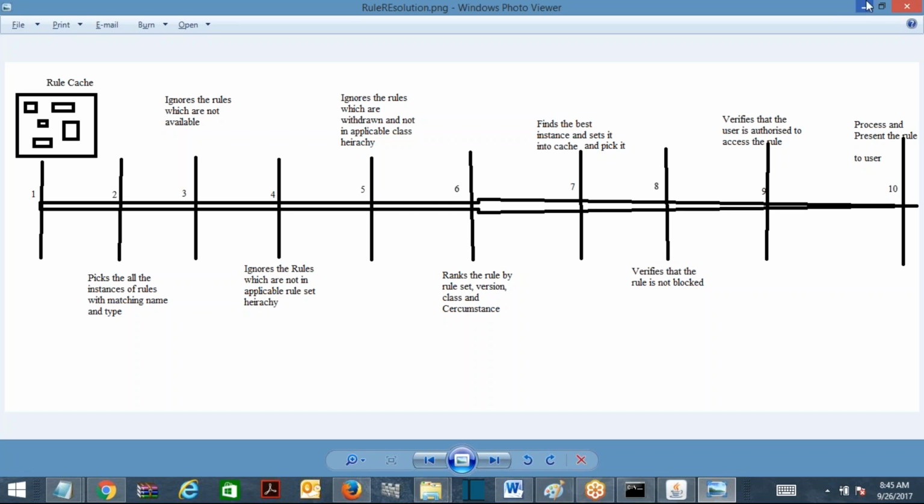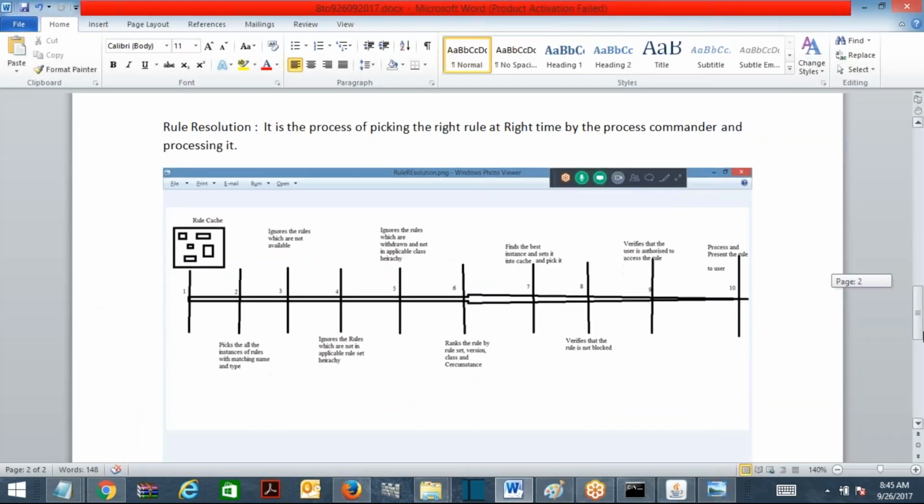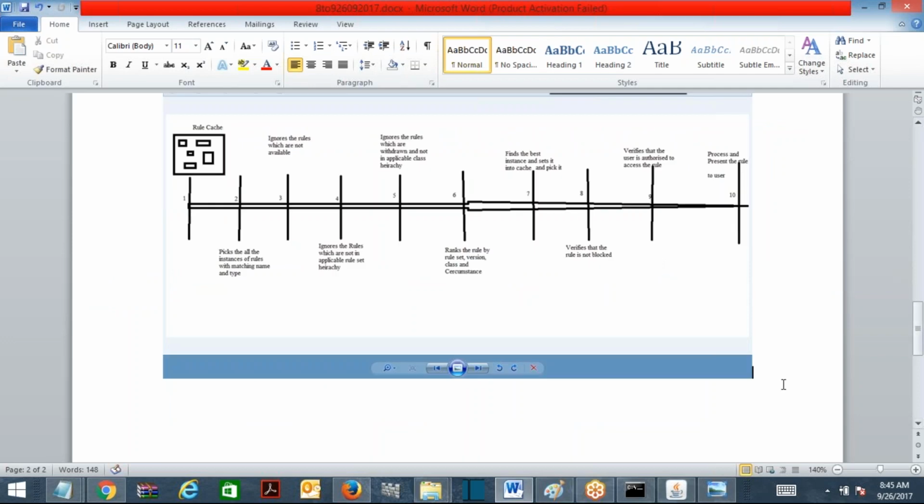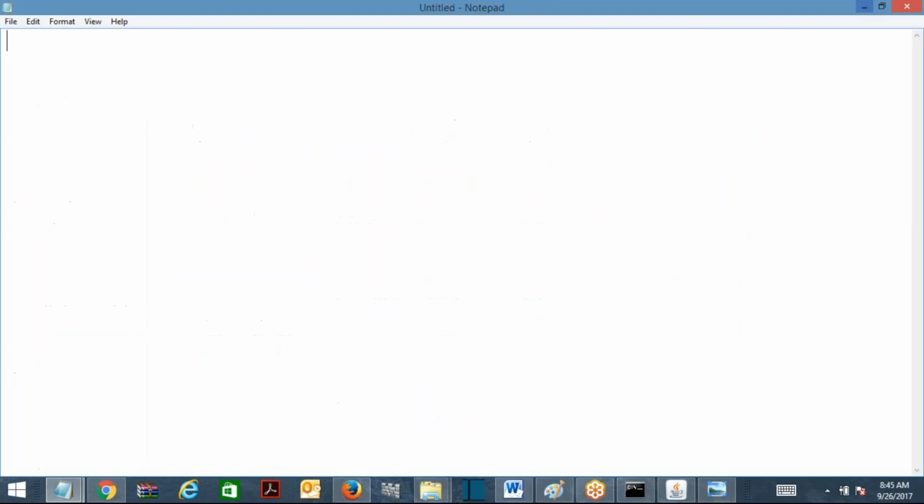This is clear? Does anyone have any questions, any doubts? You need to concentrate more while learning this one. Just practically work on it, everything, rule availability and all. Any other questions, doubts? Okay, so let's go ahead now. So we are done with